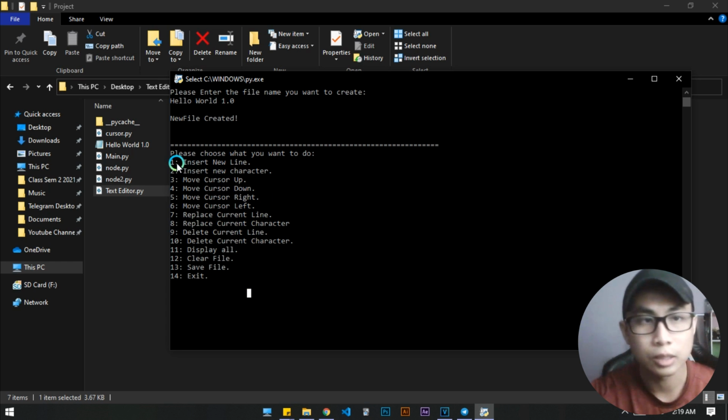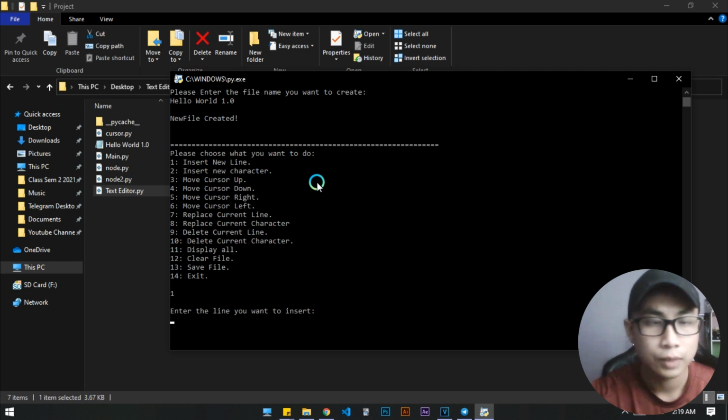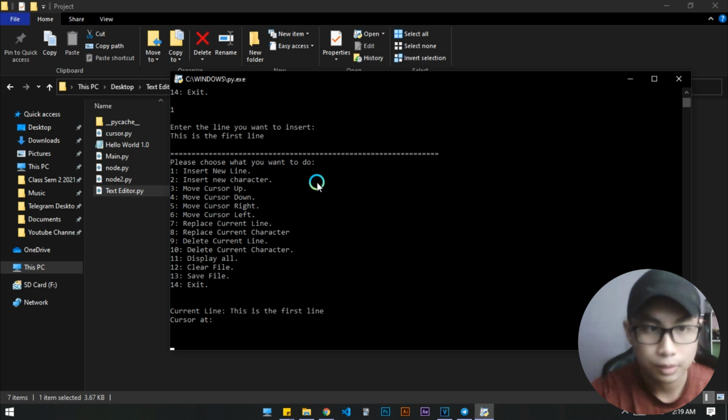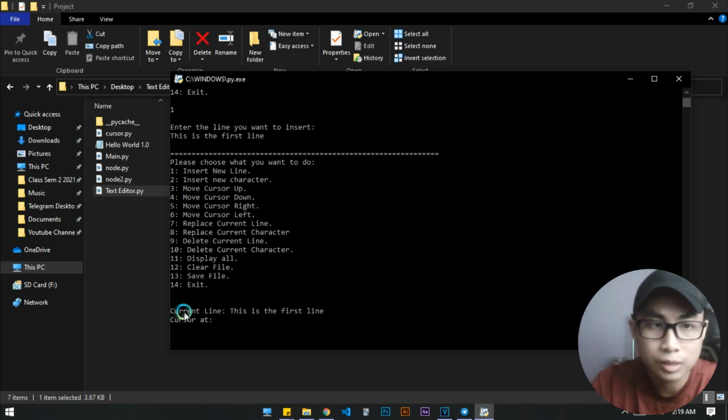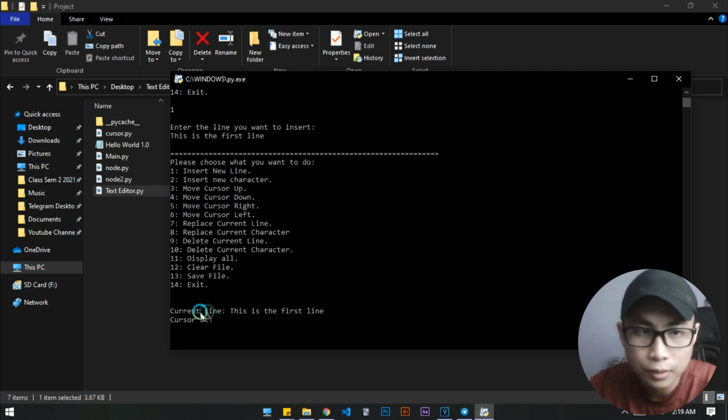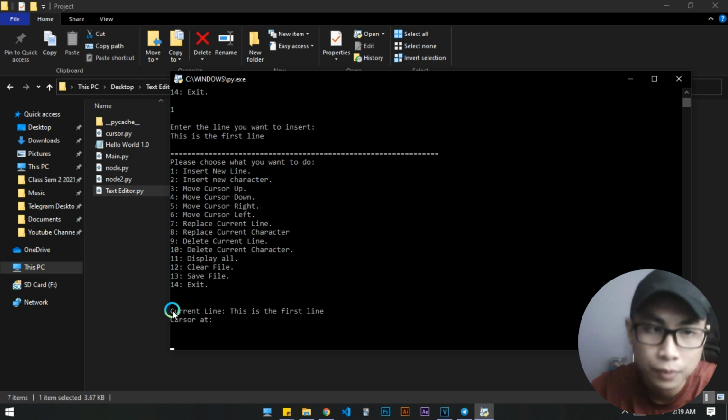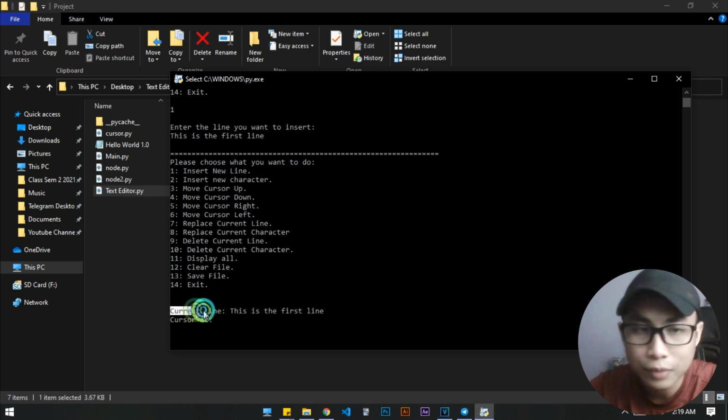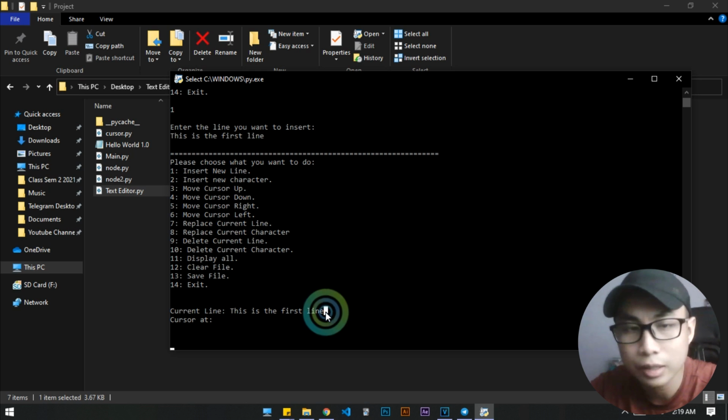So first we try the number 1, insert new line. This is the first line, and then this is the answer to the requirement that's been asked in the assignment, the project: the current line is the first line. That means it prompts the user that the current line is on the first line, and the cursor at the blank here is because it detects the last position,